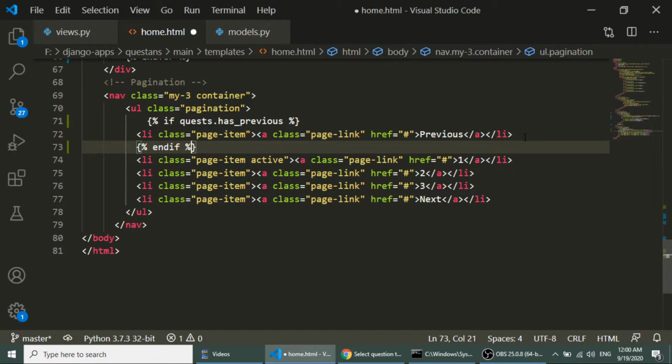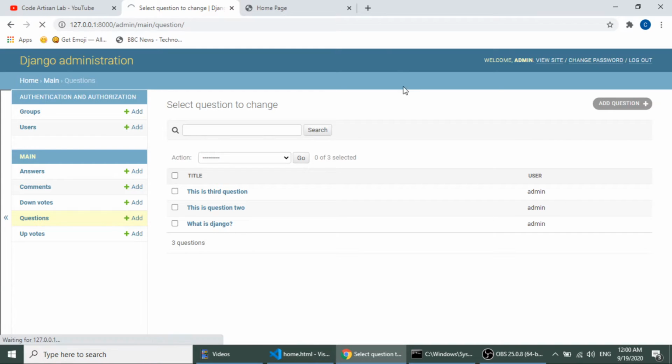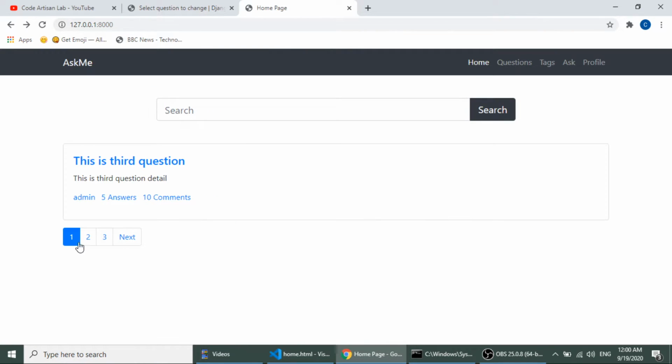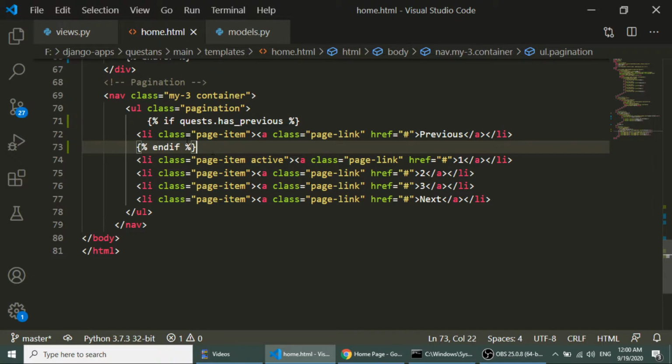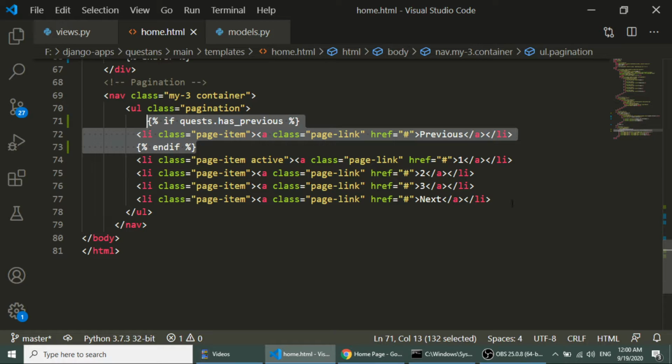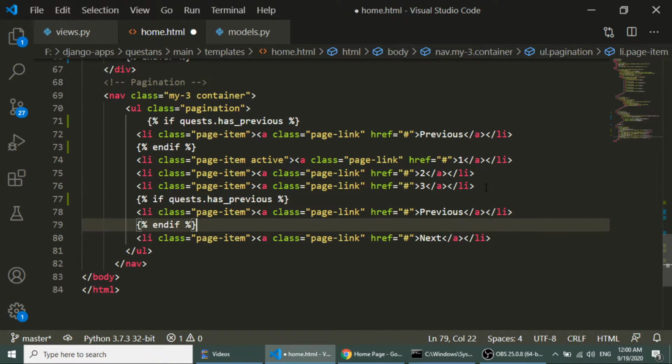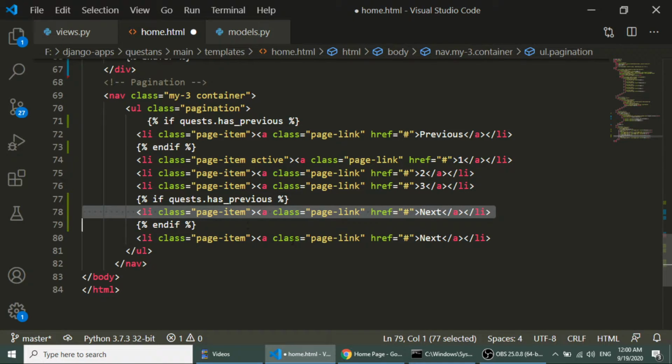If I check this, because we are already on the first question, it is not showing the previous link. Now we will do the same thing for the next link.